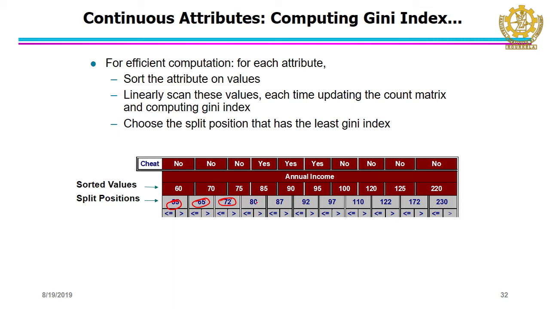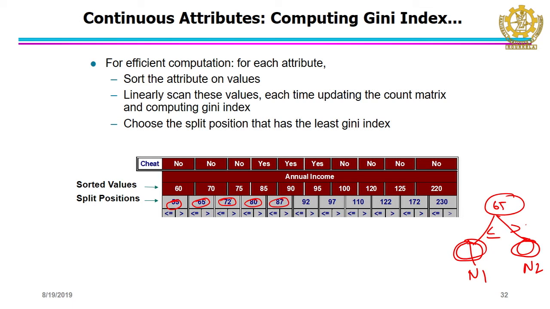Similarly, between 75 and 85 you take a split at 80, between 90 and 95 you take 92, between 85 and 90 you take a split at 87, and so on. It is like 90 and 95 divided by 2, and you go on, and finally you take 230 here. Now you count in each node, if there are 2 nodes, as in the earlier example. If one is lesser than or equal to 65 and another is greater than 65, let us say the nodes are n1 and n2, then what will be the distribution of the classes, and you compute the impurity.